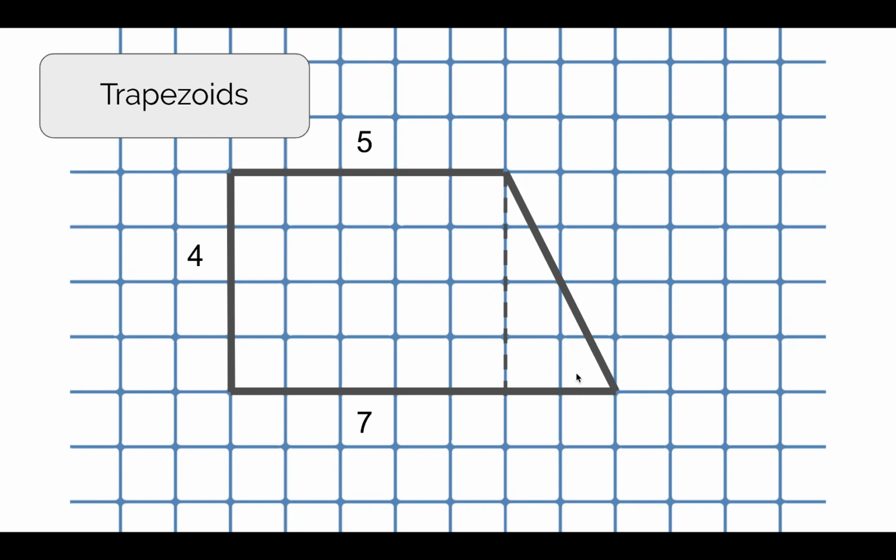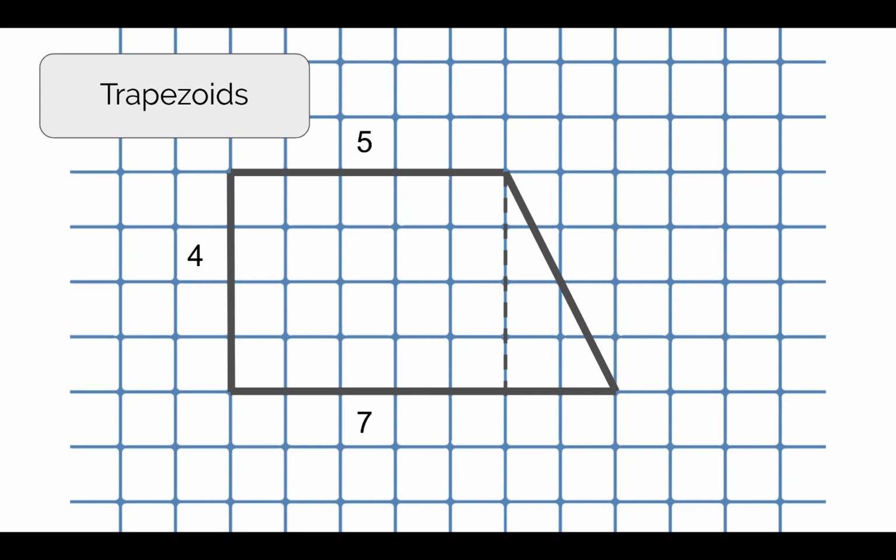This is actually a trapezoid. If I take this trapezoid and I flip it up here, it completes this box, and now this box is empty. I can do the same thing here, where I can take this little tiny triangle and I can fill it in where this triangle is missing over here. Now, these two boxes are full, these two boxes already were, and these two boxes are empty, leaving me with 6 units on the top and 6 units on the bottom, because remember, now it's going to end here. And then I still have a height of 4, and I can do 6 times 4, which is 24 square